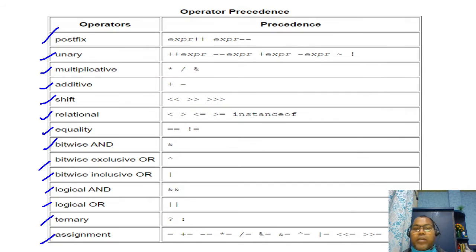Many of these operators you already know from basic mathematics: plus, minus, division, equal to, not equal to, and some are computer science specific, like bitwise, logical, and ternary operators. You already know less than, greater than. So these are the operators supported. We'll discuss all the operators in detail, what they mean, where we can use them, with examples as well. And there is one terminology known as precedence.